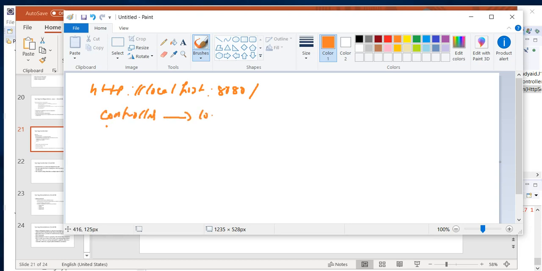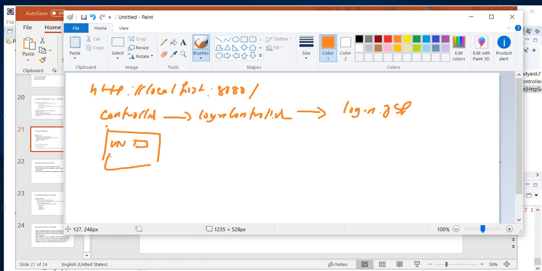which is a login controller, and then this login controller will be rendering the view to the login.jsp, and then the login.jsp will be something like this, that we have a username and password. So when we submit, it should be mapped to another controller which is a member